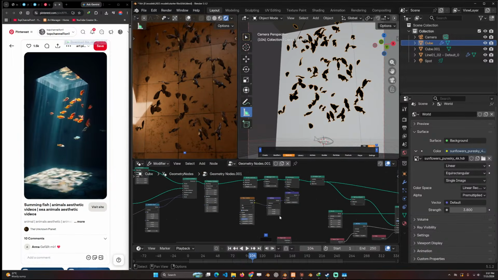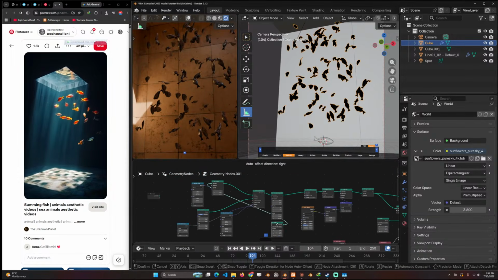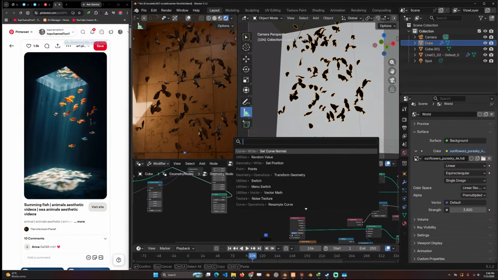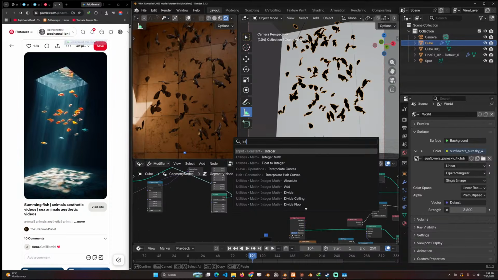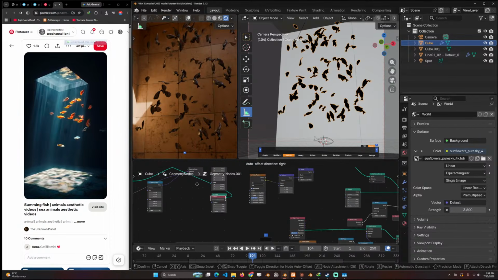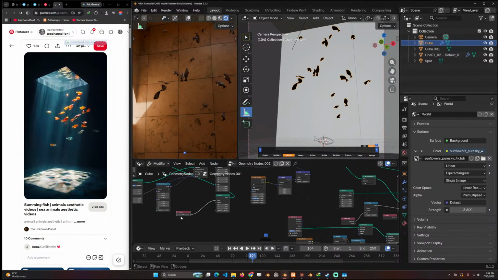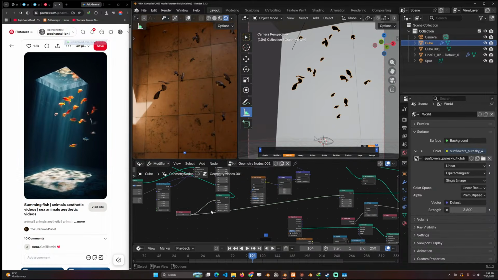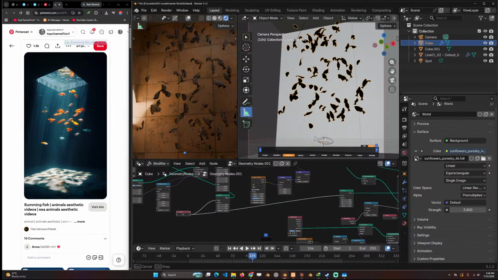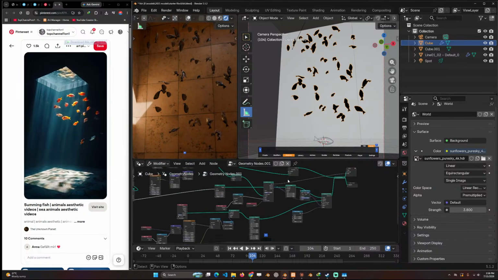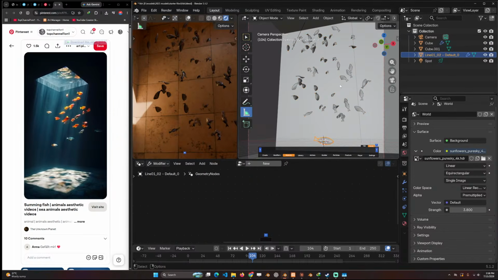And now because we have points, we're using the points node. We can use a value or integer input to determine how many fish we want and how many curves or paths we want. So that makes it easy for us. We can go to the original fish